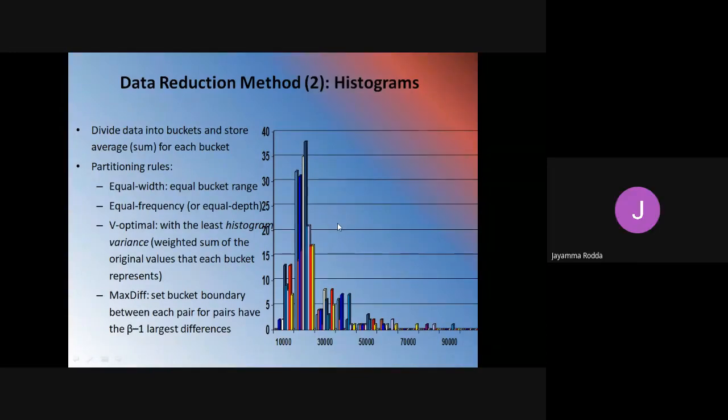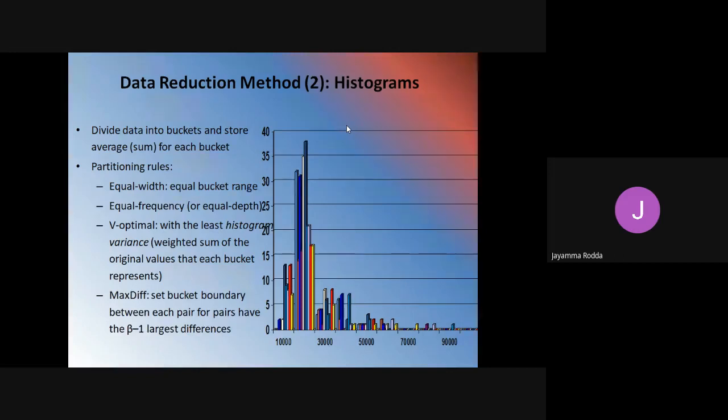So this is the histogram. In this histogram, consider, for example, that you want to find the histogram for an attribute A. The data distribution of that particular attribute A should be partitioned into disjoint subsets, which we will call buckets.